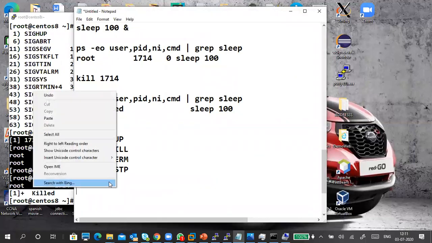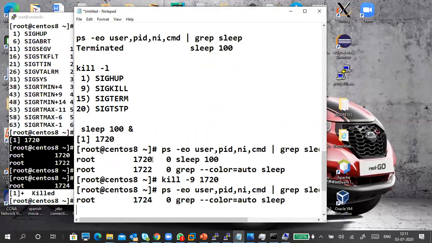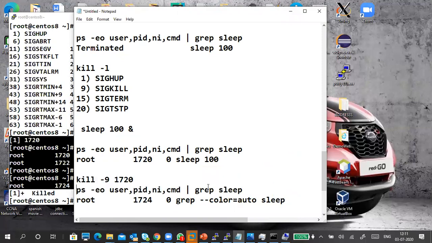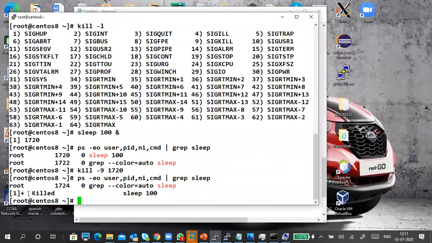So types of signal killing. It means I start a process and check for the process. This is not required, and then I kill the process with hyphen 9 and I verify the process.